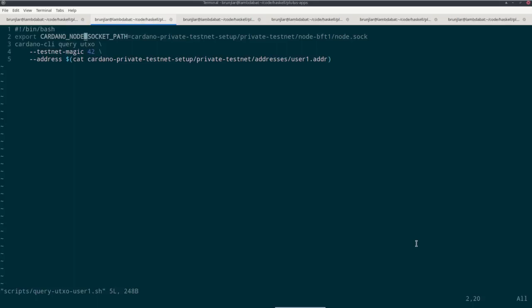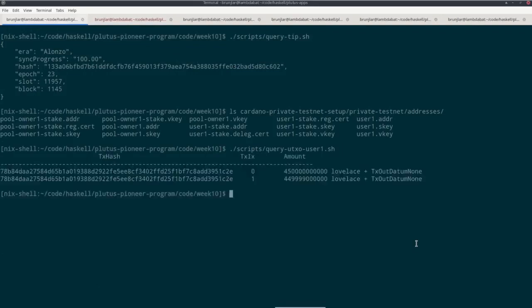So using, again, the correct node socket path and the correct testnet magic, and taking the address that I just showed you, so user one's address, I have this script, and if I execute it, I see that conveniently this user already has lots of funds. So if we count zeros, we have 450,000 ADA in this UTXO and almost 450,000 ADA in that UTXO,